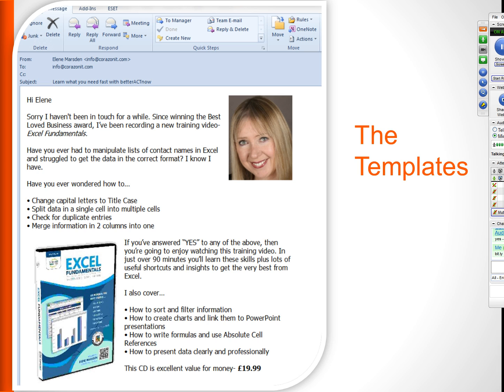Now, I mentioned email marketing and things like MailChimp, and I'm guessing .mailer. I haven't looked at that, but I'm guessing you can create all different kinds of templates. This is an example of a very, very simple template that I use in Swiftpage. I've set it up so it mimics a regular email.